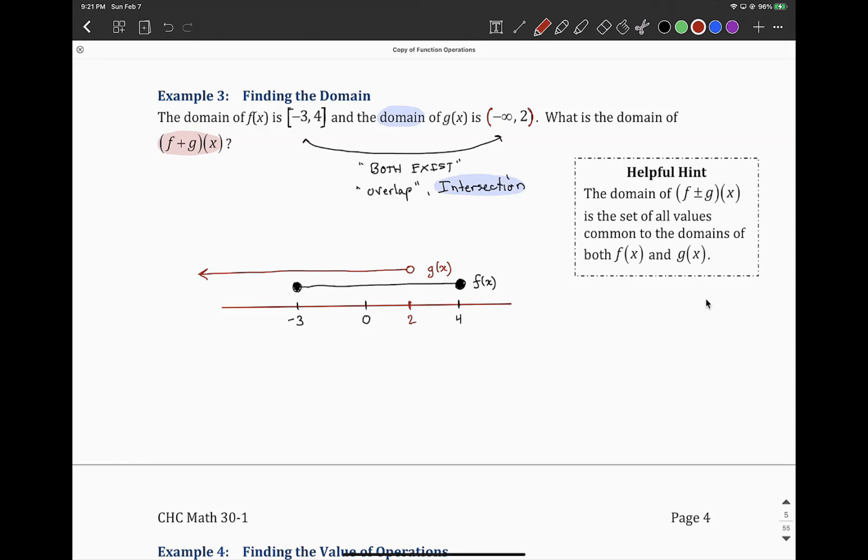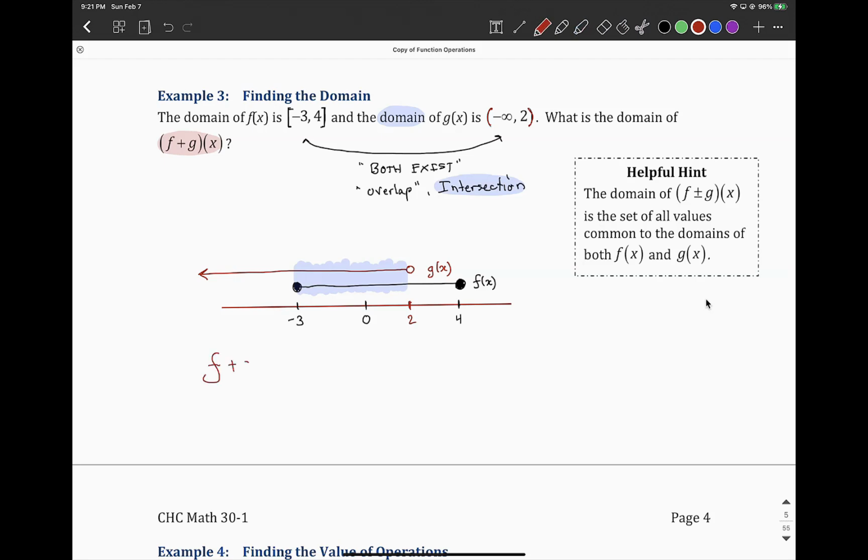And I do this because it makes it as obvious and as user-friendly as possible, because where do they both exist? Where do they overlap? And I do definitely see where they are stacked, where they both share coordinates. And I can use this to my advantage and say, I think